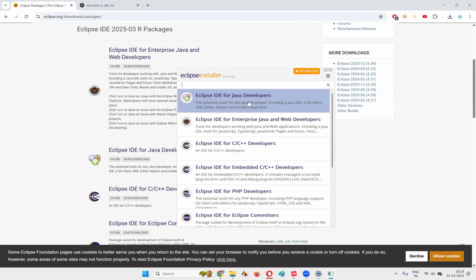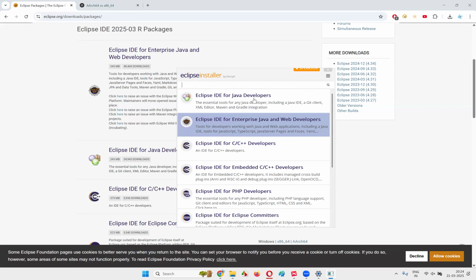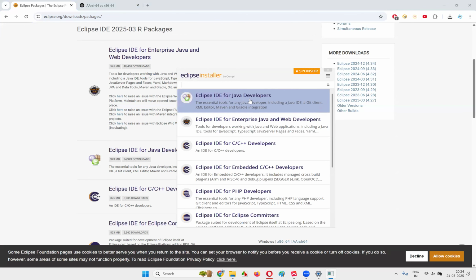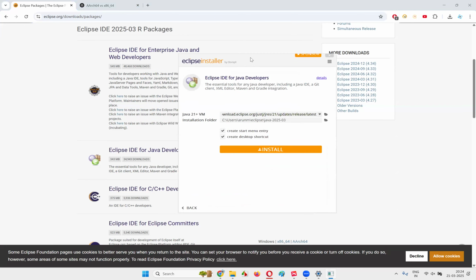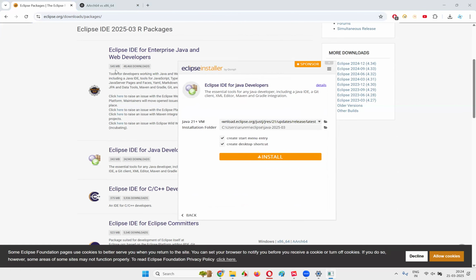Okay, Eclipse IDE for Java Developers. You can choose the second one also. There is no harm in choosing any of these. I'm just randomly choosing the first one, because one of the advantages I see is less space. Until I need some extra tools, I'll not go with the next one. That's the intention with which I'm choosing the Eclipse IDE for Java Developers package flavor of